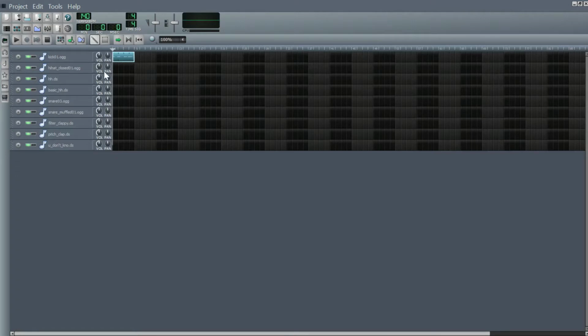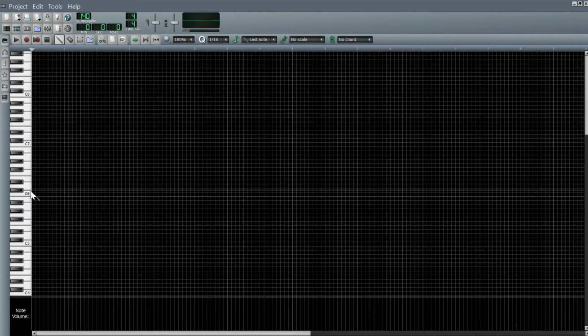Now to move on to hats, and I thought I would record this part. So even though you'll be editing the hats afterwards, the rhythm of the hats is very important, especially for this sort of beat. So I would have something like